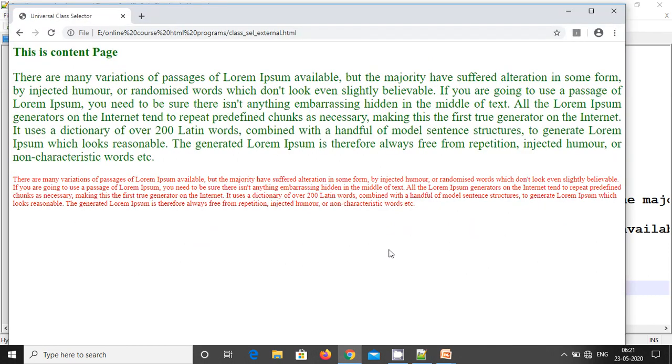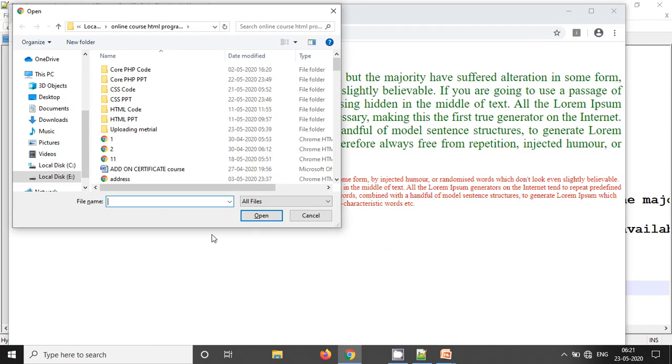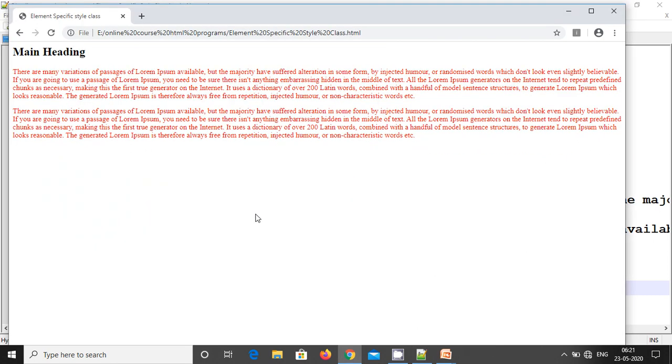Let me open the element specific style class file. I open it here, and you can make out that the heading appears like a normal H2 heading. Then two paragraphs appear in red color and the font size is 15 pixels.